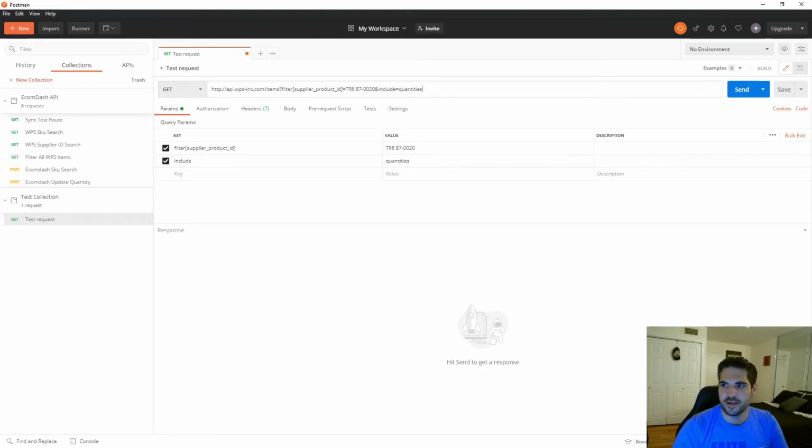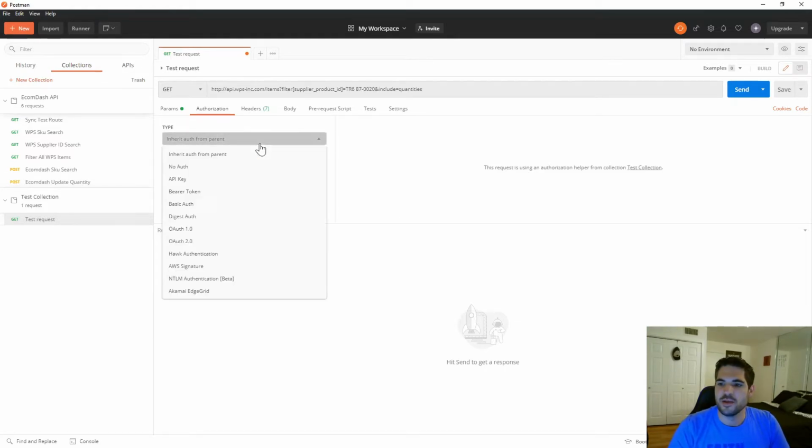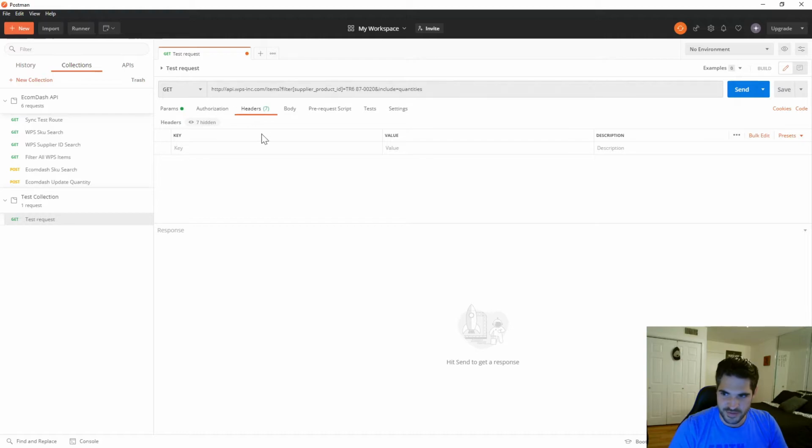And it automatically types up here for you. That's pretty cool. Authorization, if you need to send some authorization, in this case we don't, but you have choices. You can do API key, a bearer token, OAuth, basically all the standard authorization options. You have your headers, and in this case we are doing searching by product ID, so that's this one right